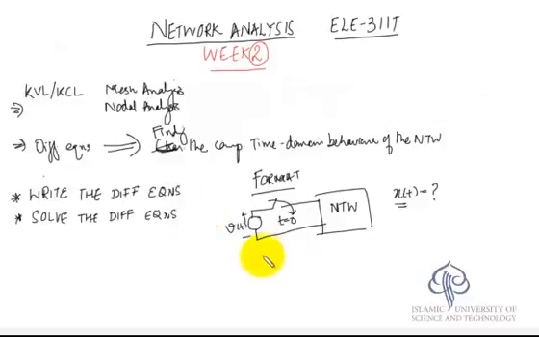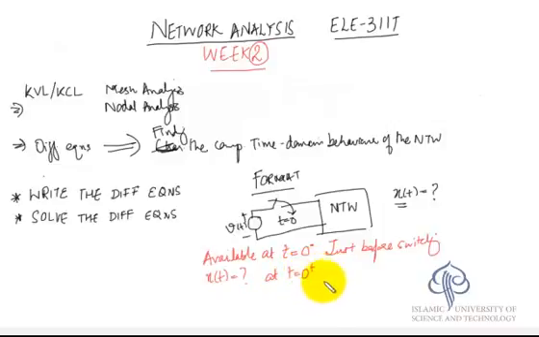Normally the initial conditions that we encounter in this case are available at t is equal to 0 minus, that is to say at the instant just before switching, and to find the response x(t) we need the initial conditions at t is equal to 0 plus, that is to say just after switching,